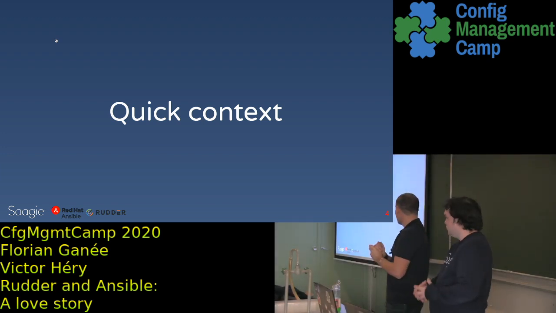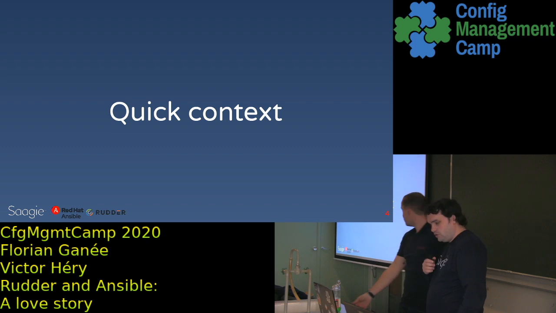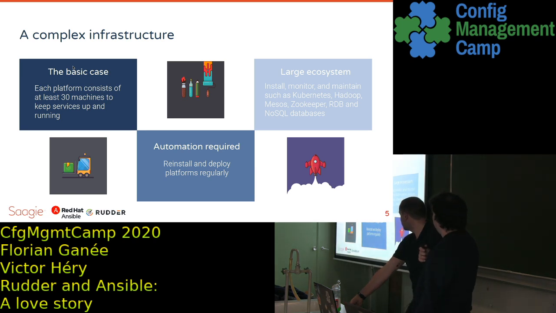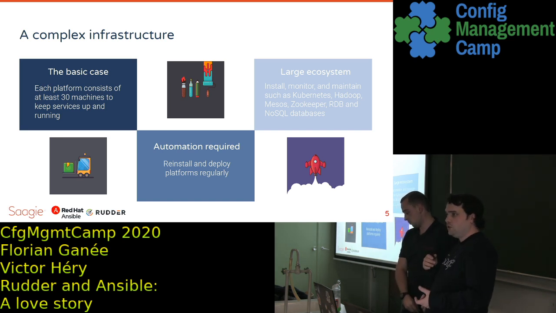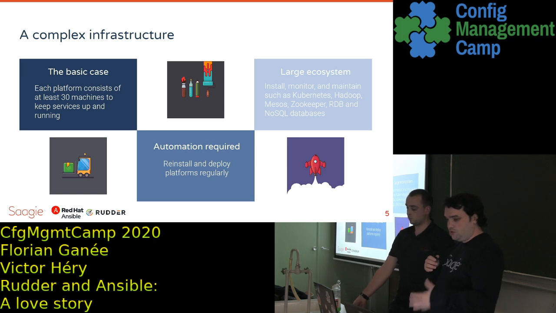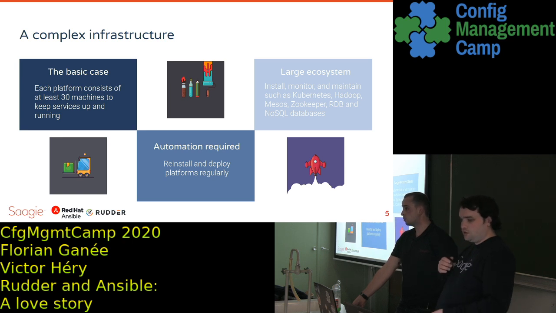Okay, so first to begin with, a quick context. At Sagi our product is deployed on a pretty complex platform. Each platform consists of at least 30 servers to be installed, and they all interact between themselves. Some are clustered, some are not. They are secured with ARIA and VLAN to allow customers to work on their items inside their teams without thinking